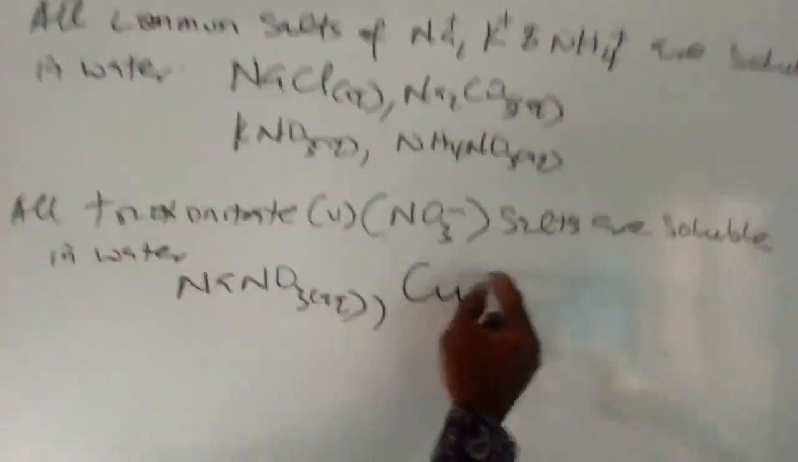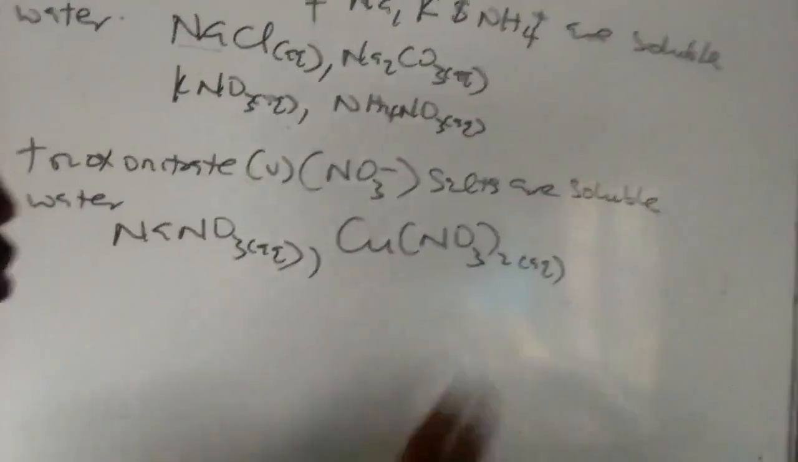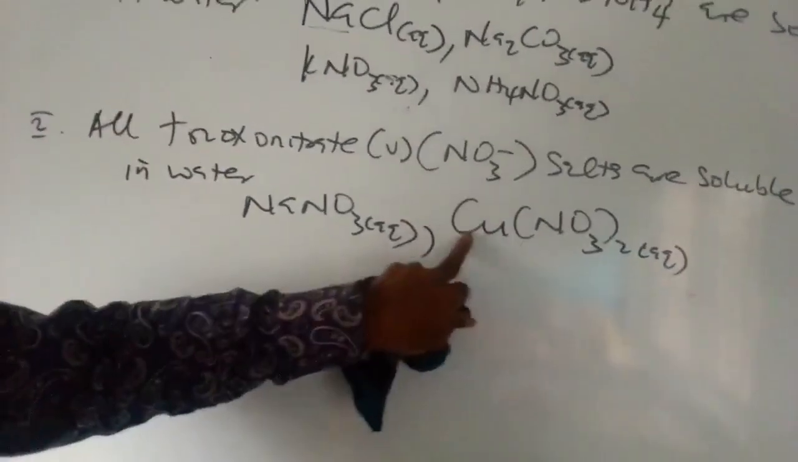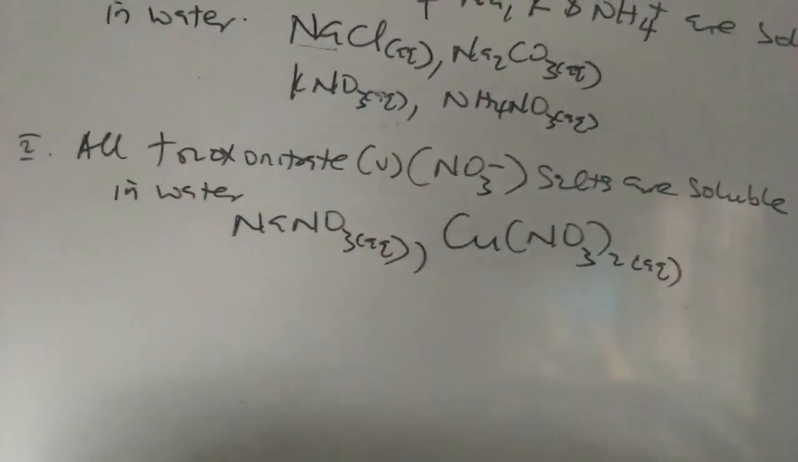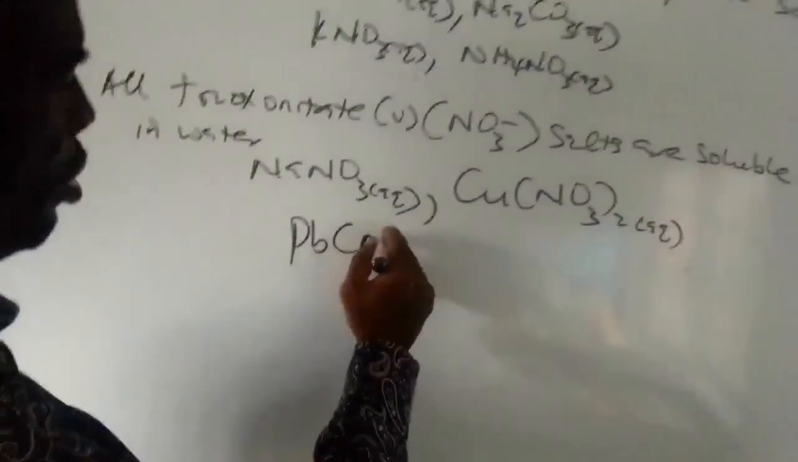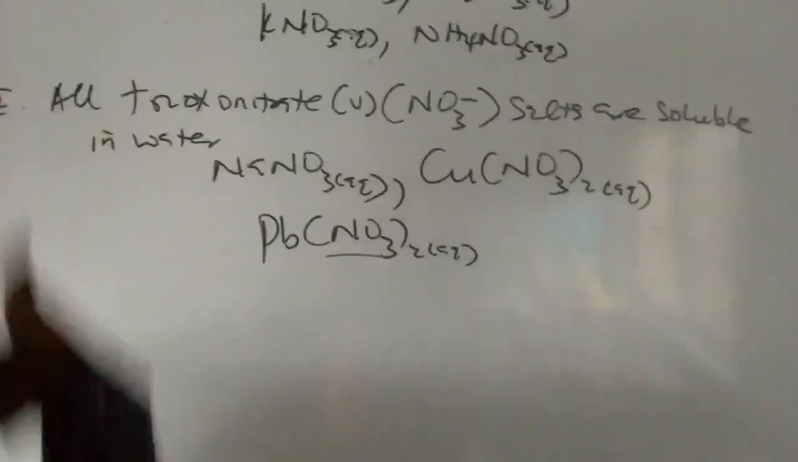Or another example is this. This salt is soluble in water. We may not know anything about copper salts for now, but because of NO3, this salt is soluble in water. Lead nitrate. You may not know anything about lead salts, but because of the presence of NO3, this salt is a soluble salt. Then rule number 3,